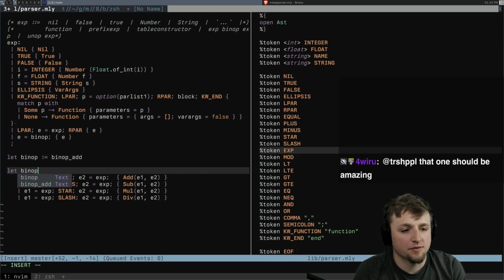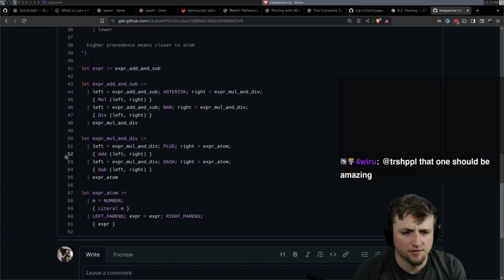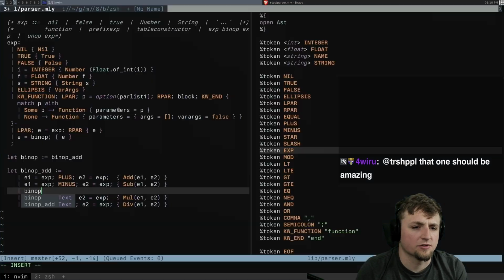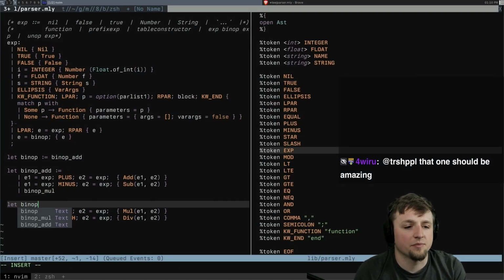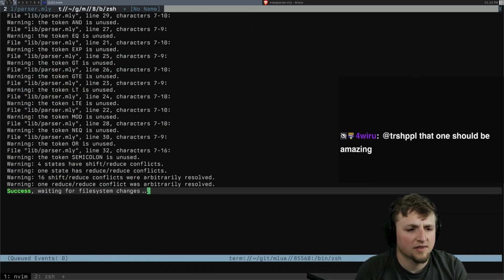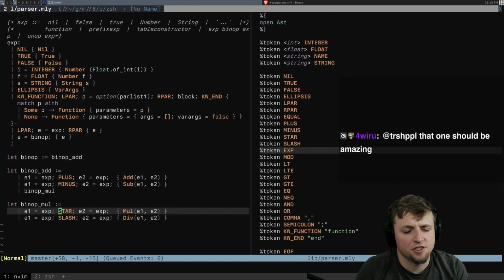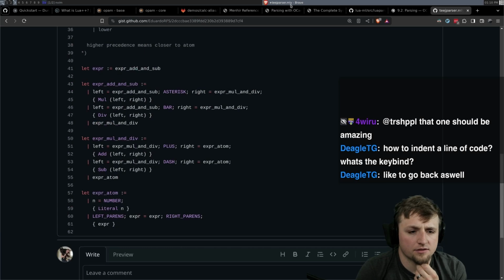Let bin op add is this. And we can say bin op. Right, it does here, and we can say mul. Okay, so then we go, okay, let bin op mul. Why do I still have shift reduce problems here? I thought